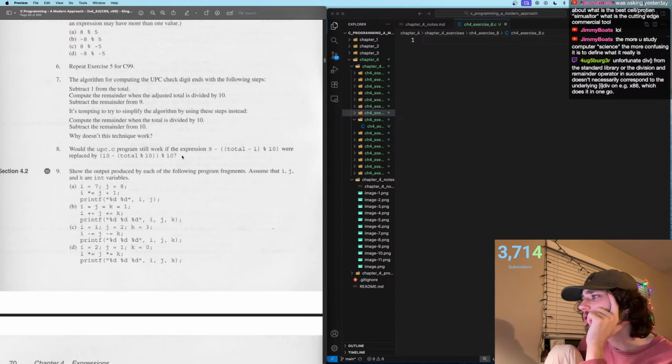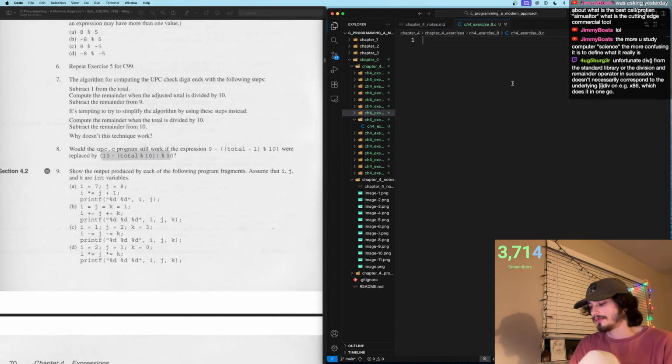Why wouldn't this work? So it clearly doesn't work. There's something obvious in the expression. No, because you're modulating by 10 before you're actually doing the subtraction. This is kind of the same thing as what I was saying above. So you're off by 1 in some cases. So no. This is similar to exercise 7,